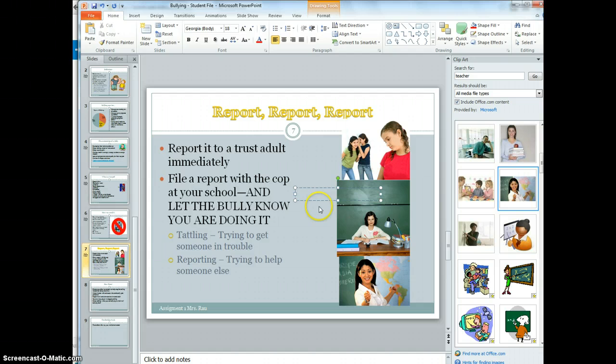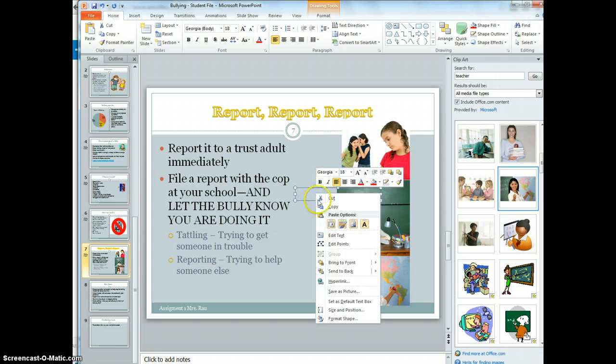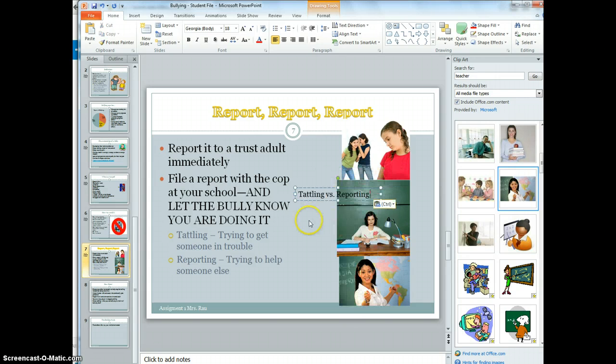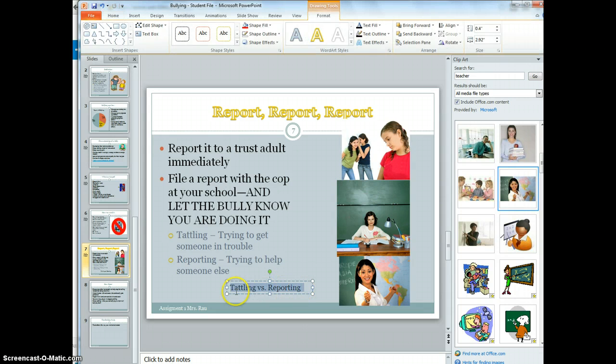Next, I'm going to go ahead and paste it in here. So I can paste it, and you can see that the tattling and reporting is in there. Next, I do need to move it out of there so it's not in the way of anything else. Now what I'm going to make sure and do is select it. It does need to be